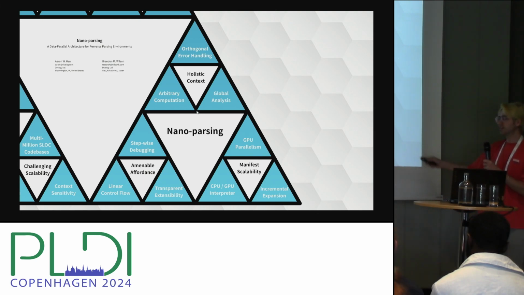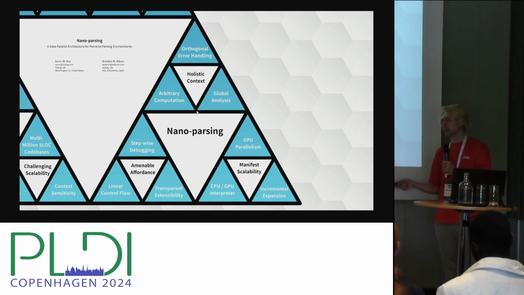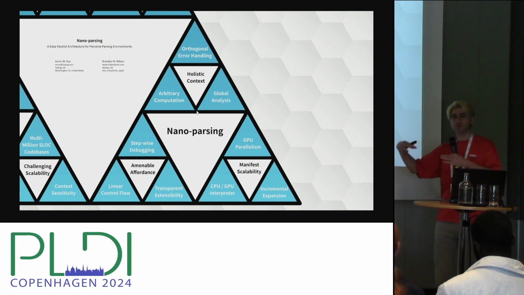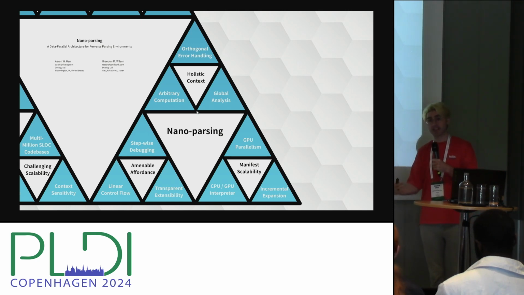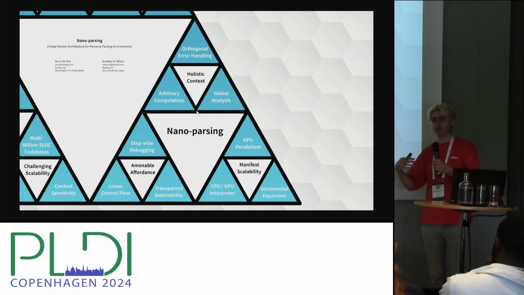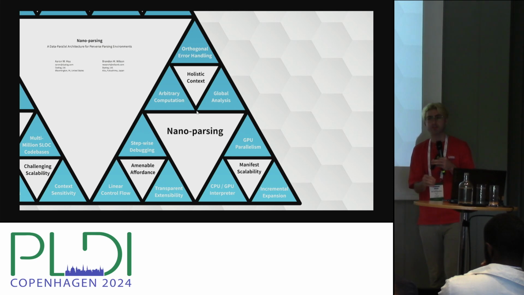The last one is incremental expansion, which is different from extensibility in the sense that if you have a problem domain you're trying to solve by implementing a language, you tend to start with a simplified view of the problem, and then slowly learn more about the system. As your problem gets more complicated, you might start crossing different language classes. You might start off with a context-free grammar that you think you could implement your language with, but then move into something like APL that's context-sensitive.